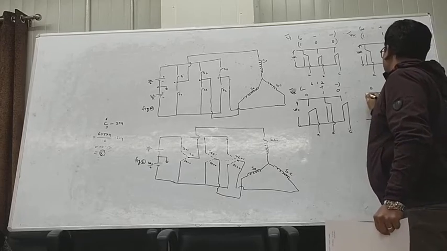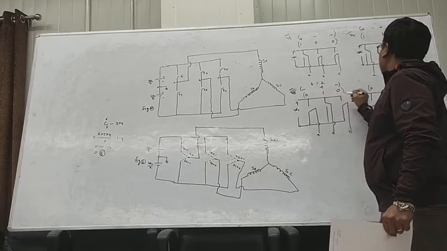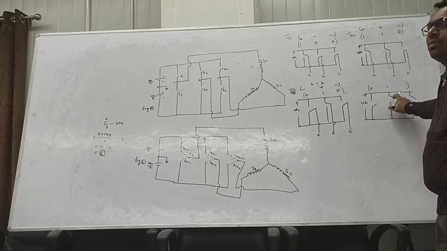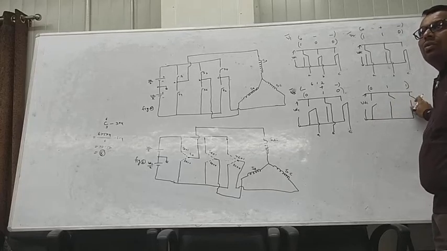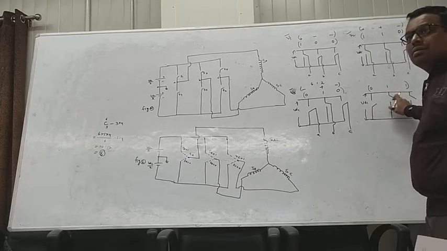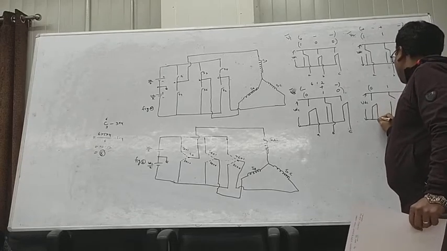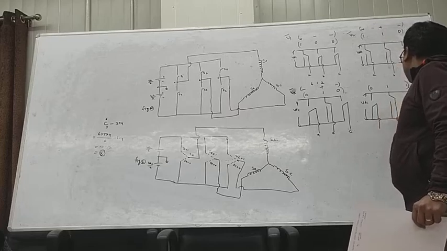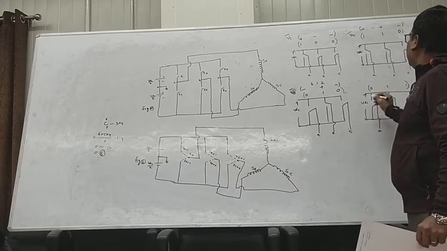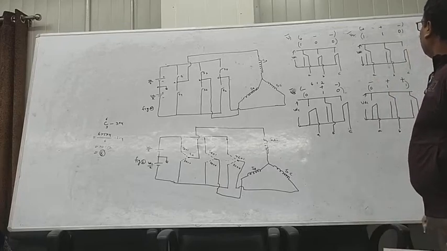So this voltage is VDC, the switching states 0, 1, 1. So 0 in the sense S4, 1 in the sense upper switch, again 1 in the sense upper switch in the third phase. So S4 is connected, S3 is connected, and here S5 is connected. A phase, B phase, and C phase. So this is also minus, plus, plus. Right?